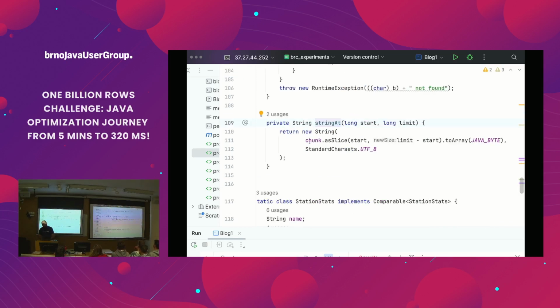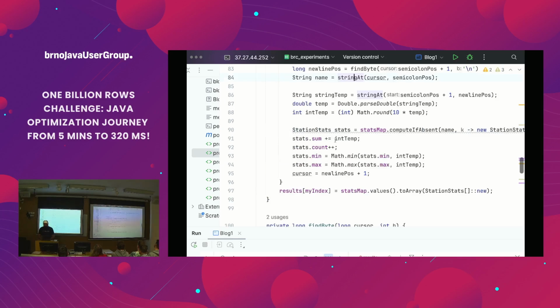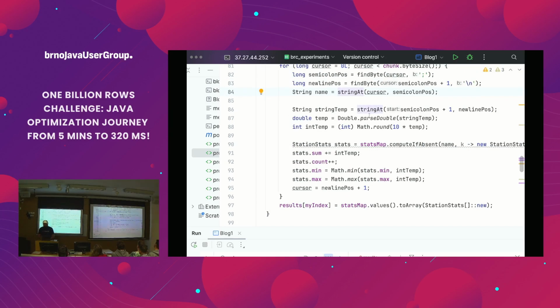The exact implementation is not important, but basically take another slice of the chunk, only for the limits where we already know the name of the city starts and ends, then toArray and create a string out of it. And then basically do the same with the temperature. The temperature starts 1 byte after the semicolon, and we know it ends where the new line starts.